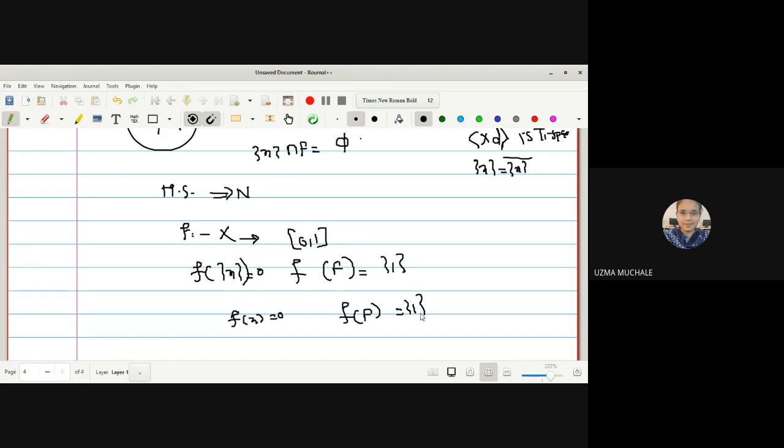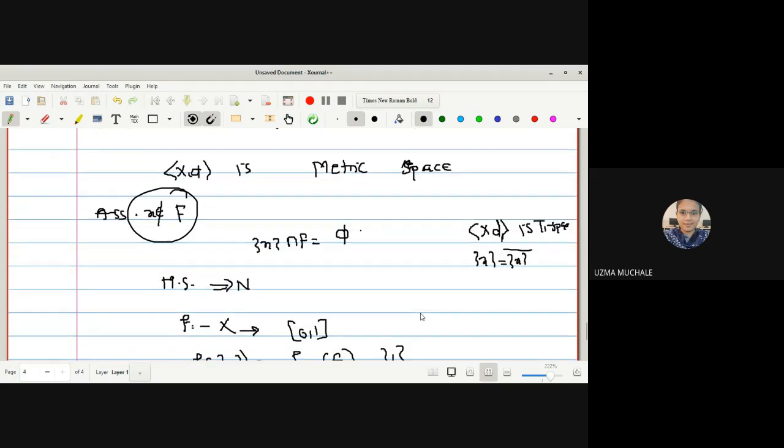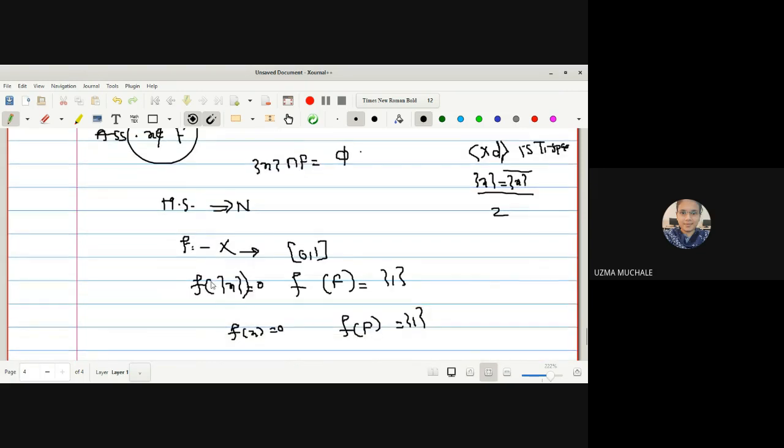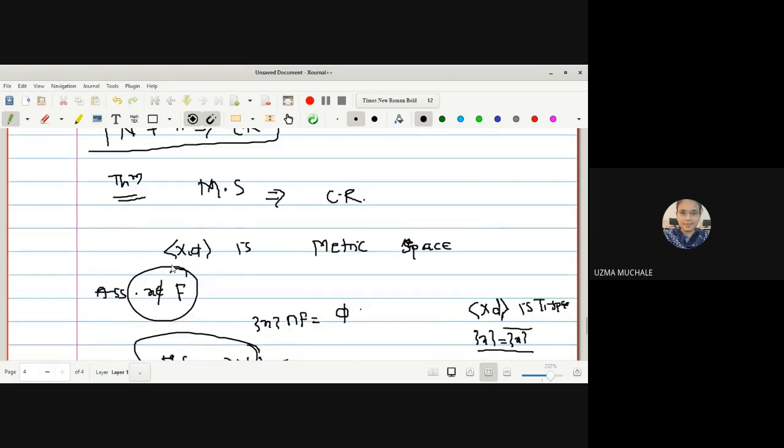Okay. So how many theorems have we used here? We used that (X, τ) is a T1 space, so we used its characteristic property; two theorems here. Next, we used that every metric space is a normal space, so that is the third theorem. Next, we used Urysohn's lemma. So totally four theorems we have used to prove the result that every metric space is completely regular.